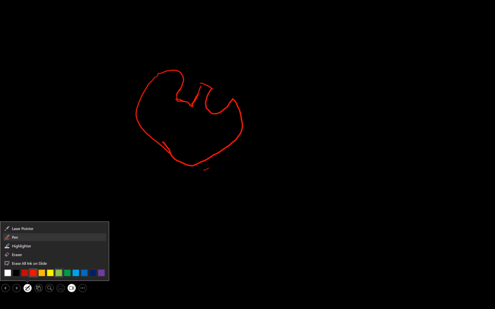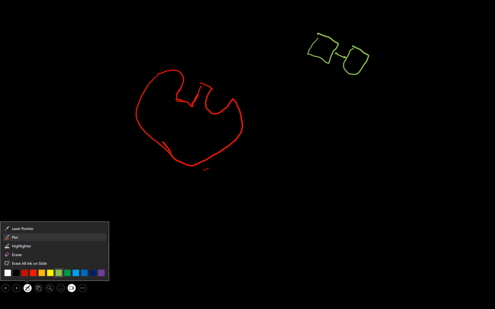So, a competitive inhibitor, you have your enzyme, you have your active site, and then you have your substrate that is specific to your active site. And then a competitive inhibitor is a chemical that can bind to the active site